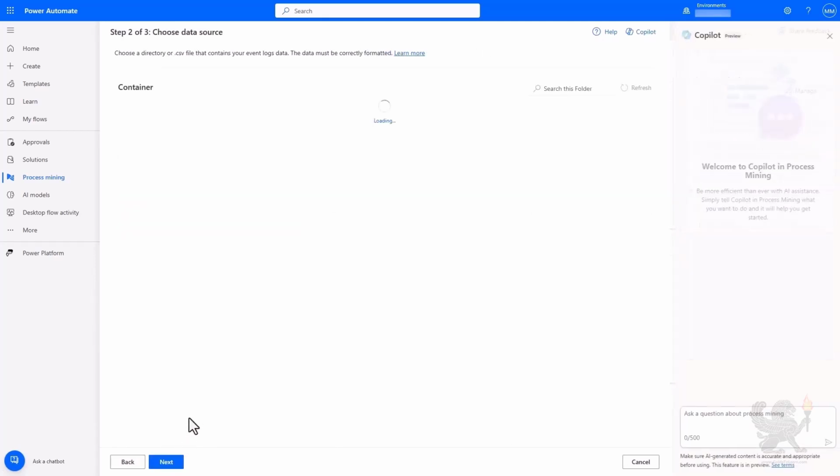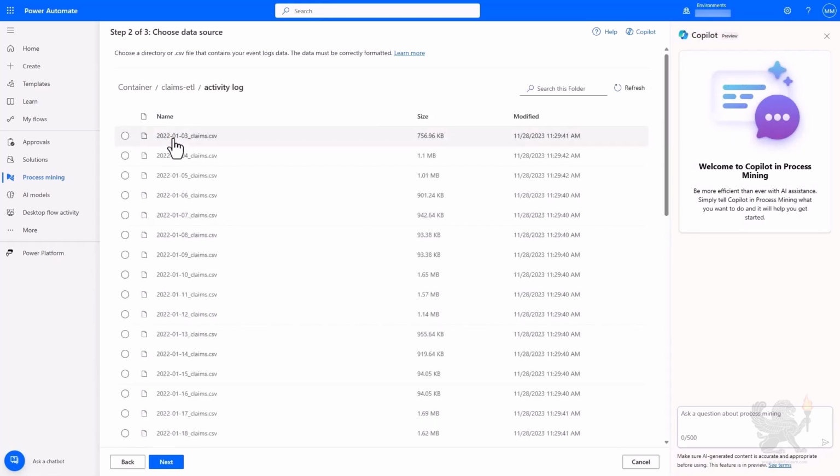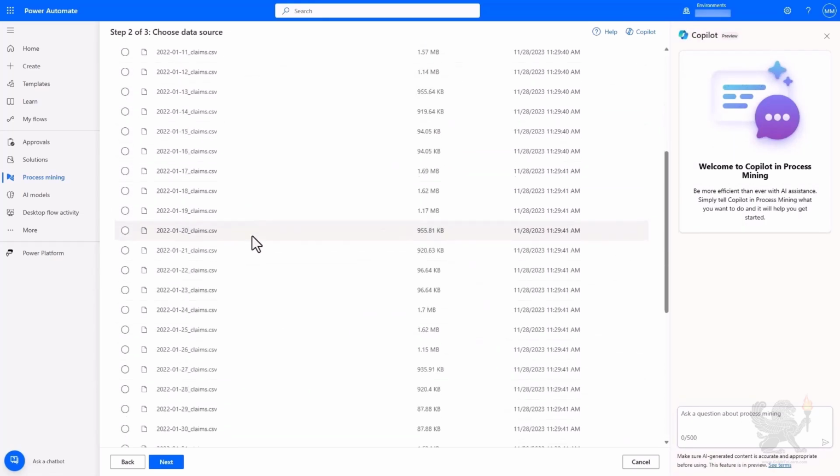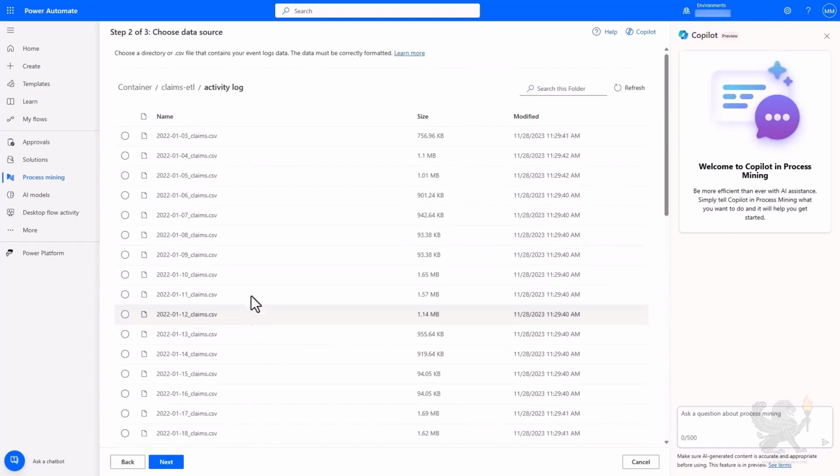We can see that in the Data Lake connector, the activity log files are updated each day, and each file corresponds with the activities in that day. Using the Data Lake feature, we can easily connect to all of the existing and future activities by connecting directly